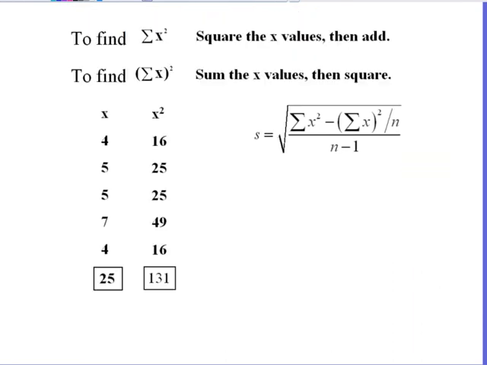But just for the sake of showing you how this other formula works, I took my x values of 4, 5, 5, 7, and 4. I add them up. There's my sum of x, 25. Took all of those, 4 to the second power is 16, 5 to the second power is 25. Add them up, and that's my sum of my x squared. So when it comes to the computational formula, those are really the only 2 numbers I need, along with how many numbers are in my set. So since I'm looking at 5 numbers,